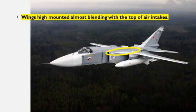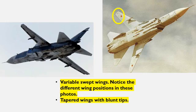Now this is quite a lovely photo, and here we can see the wings are high mounted, almost blending with the top of the air intakes, and you can see that in that yellow oval. And here once again we can see those variable swept wings. Notice the different wing positions in these two photos. And we have tapered wings with blunt tips, as you can see in the photo on the right hand side